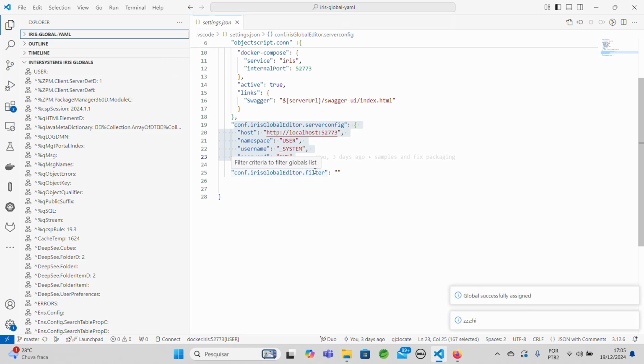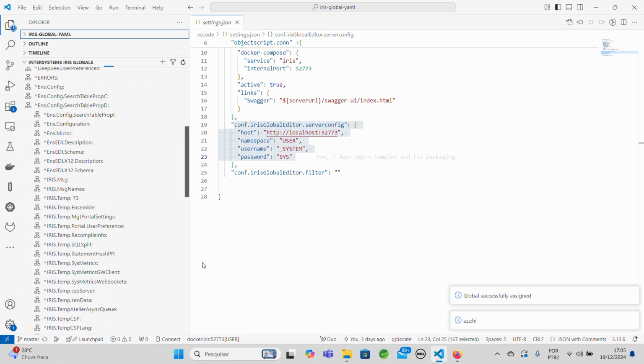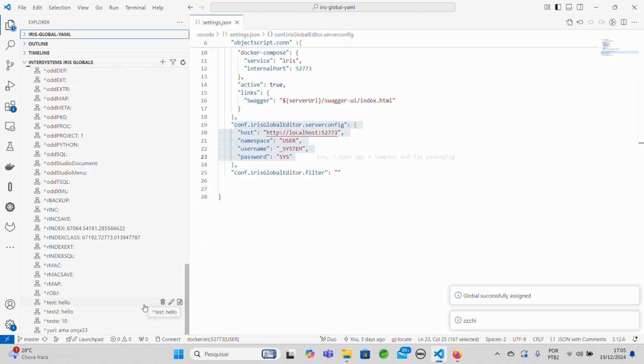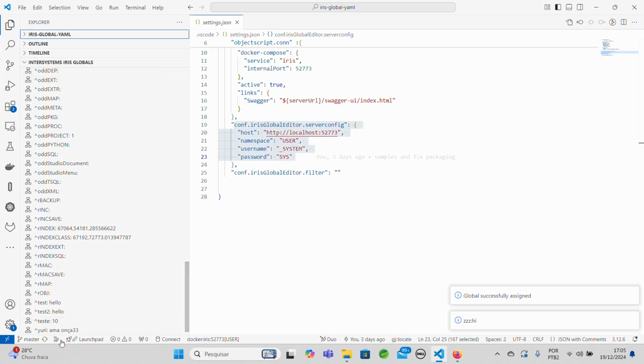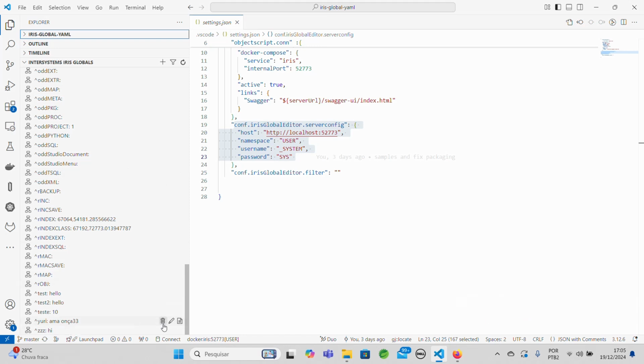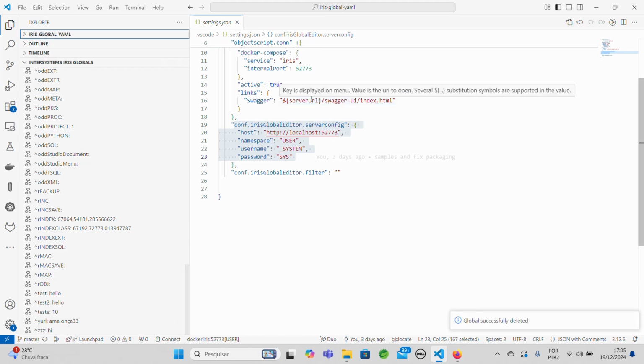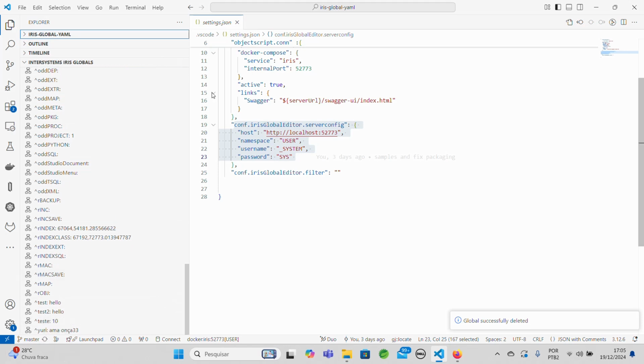enter, refresh to see new globals, refreshing, okay, ZZZ, hi. You can delete globals and refresh, ZZZ does not appear anymore, and you can filter tests,